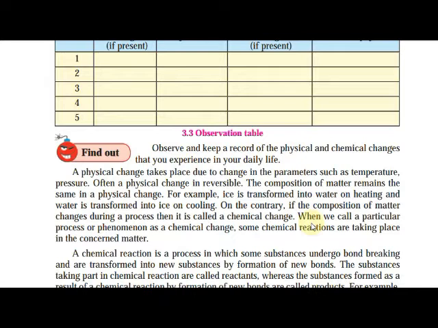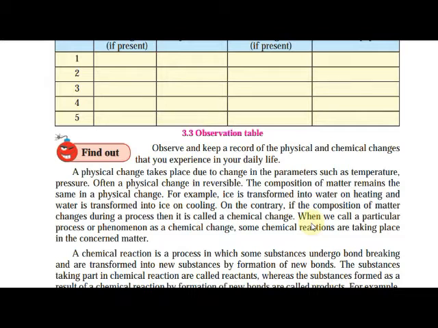In this reaction, coal, which means carbon, and oxygen from the air are the reactants, while carbon dioxide is a product. How would the reaction be written? Carbon plus oxygen, C plus O2 gives CO2. CO2 means carbon dioxide gas. So who is the product? Carbon dioxide gas. Who are the reactants? Carbon and oxygen. They are reactants.